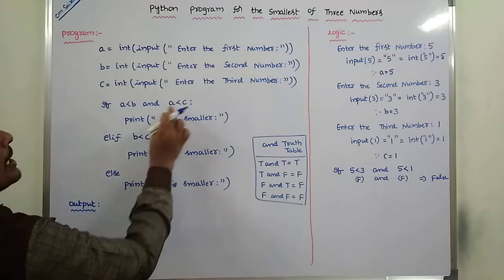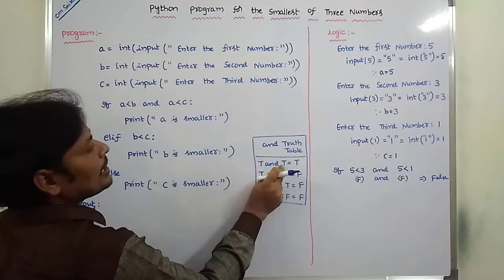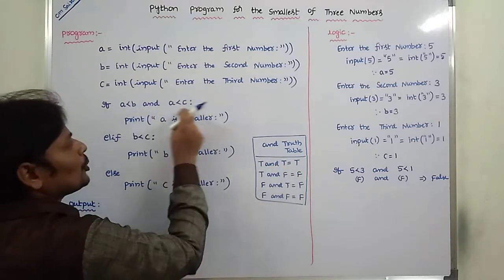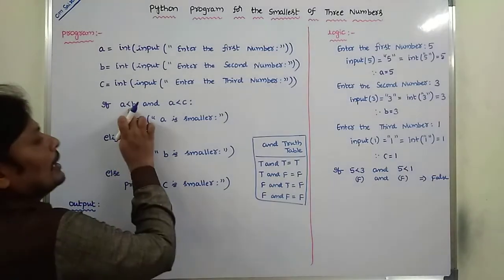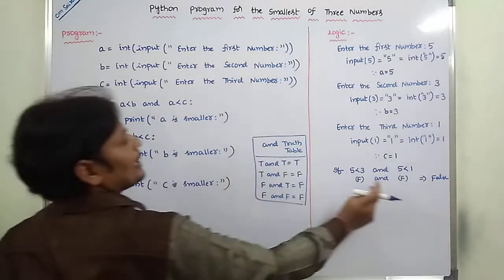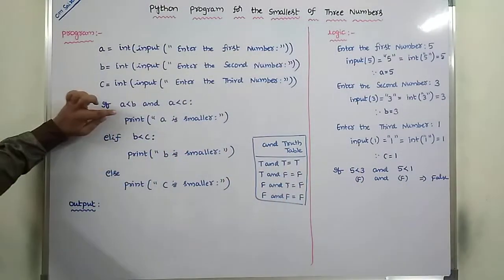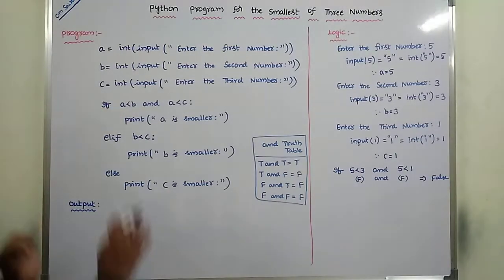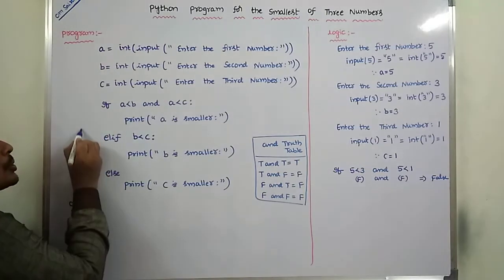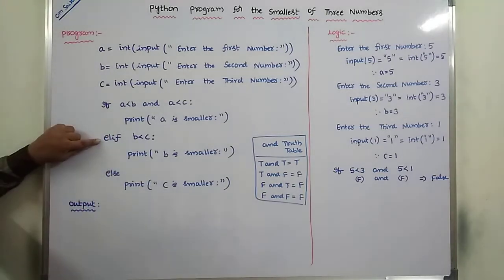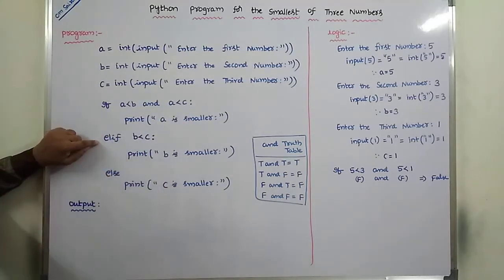Okay. If the condition is true, so both conditions are true, this expression is true and this expression is true, then the total is true, and the control enters into the if block. But here this expression is false and this expression is false, so the total is false, and the control does not enter into the if block. So now control goes to the next statement, that is else if. If the condition is false, then go to the next else if.